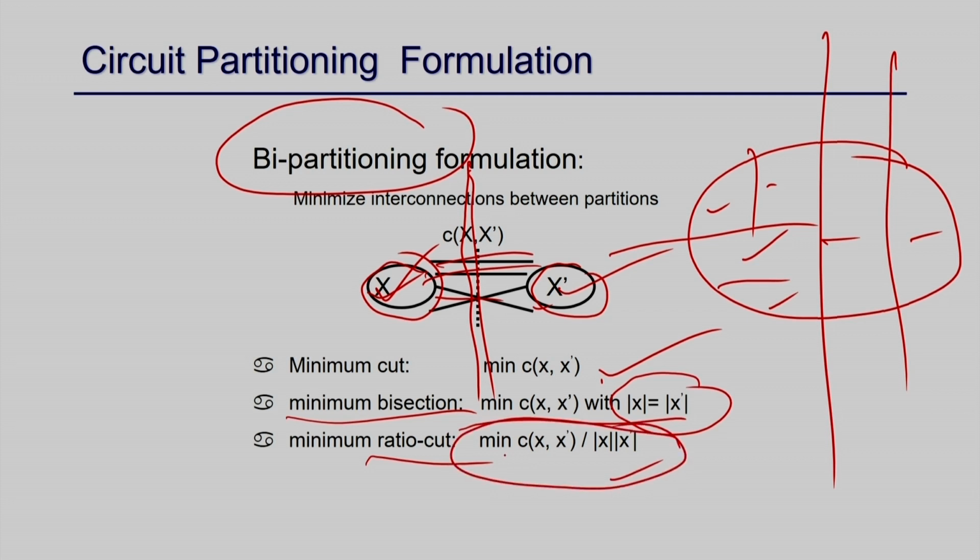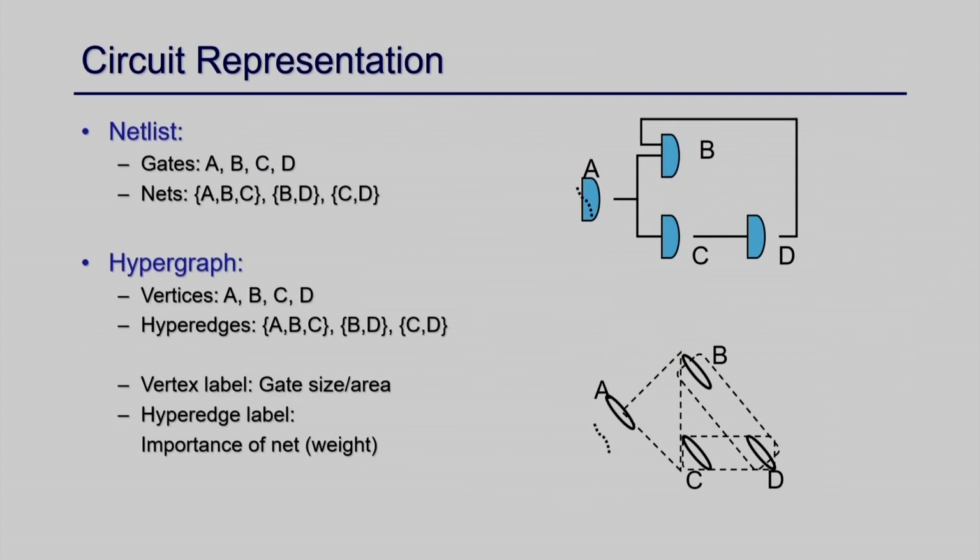So your objective might be different, but the main objective is to reduce the number of wires crossing this cut, which has to be finally taken care of by the routing algorithm. That will be our primary objective, right? This is how we can define the partitioning problem. One point to be noted here is that in a graph we usually consider nodes connected by edges, right?